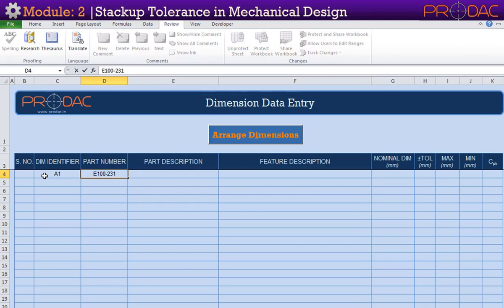You can arrange it in any order. Later, after filling in all the values, you can click on Arrange Dimensions button to properly arrange them in ascending order.